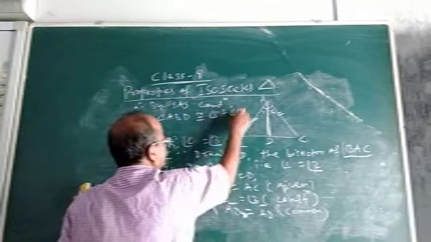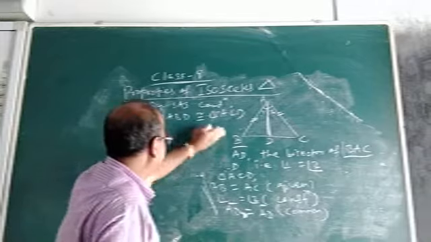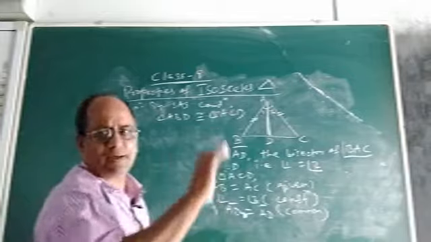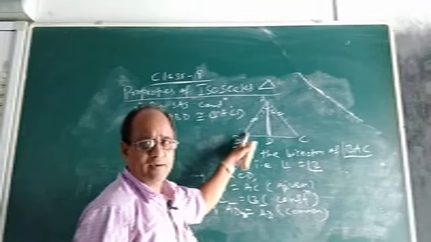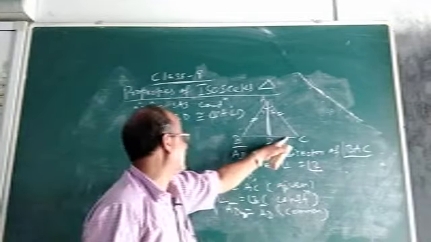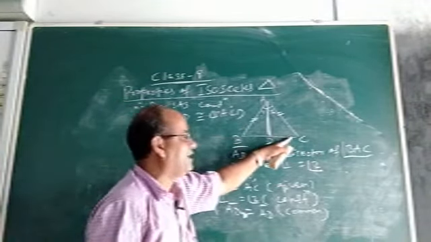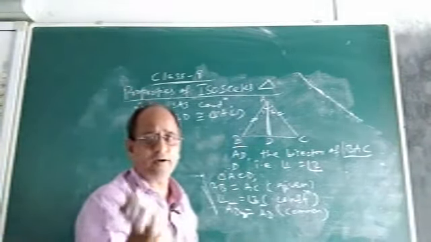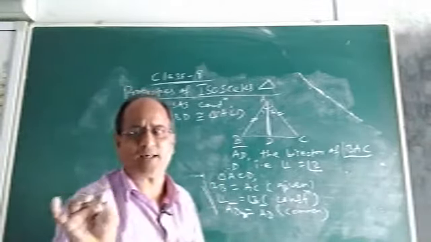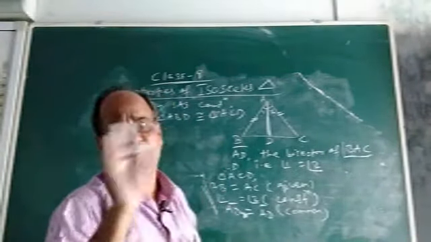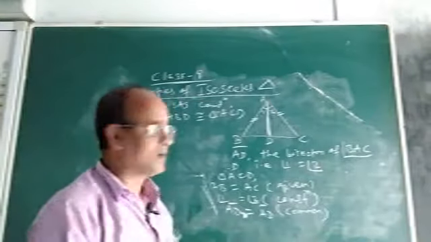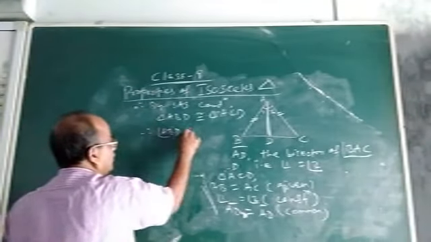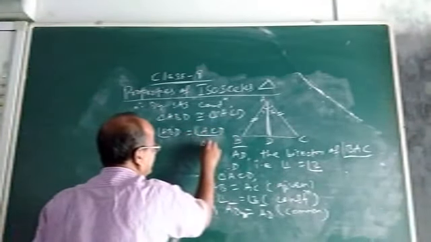You see. Now if triangle ABD and triangle ACD are congruent, then by CPCT, look at this, angle B and angle C, these two are corresponding angles of these two triangles, so they must be equal because the two triangles are congruent. When two triangles are congruent, whatever corresponding parts are left, corresponding sides and corresponding angles, they will automatically become equal. So therefore angle ABD equal to angle ACD, CPCT.